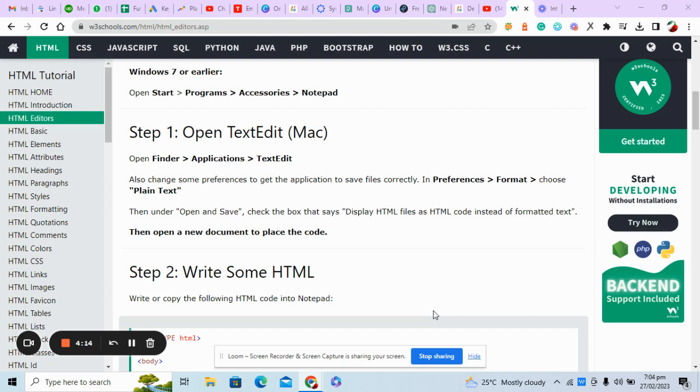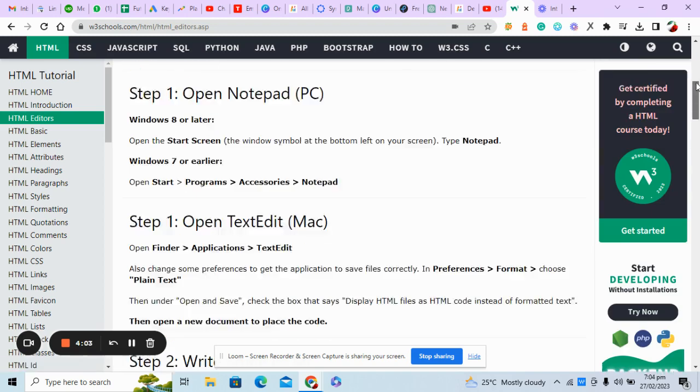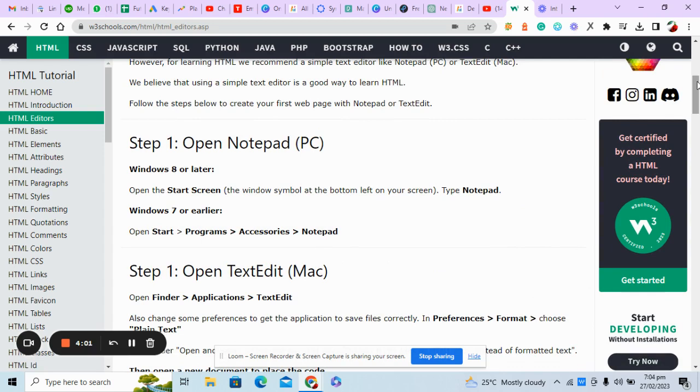So let's resume from the section where we stopped in my last video. In my last video, we were going through the topic of which text editors we can use to create or save our HTML program. We were talking about Windows. We can use Notepad. You can open Notepad through Start, Programs, then the section of Accessories, then click on Notepad. Here you can write down the code and then save as .html